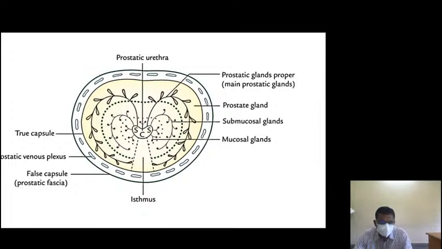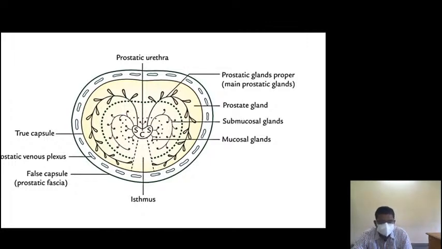That's the reason the surgeons will leave the true capsule and false capsule alone, and they will only try to scoop out the substance of the prostate gland. So this is the importance of this transfer section of the prostate. So this is all. And coming to the venous supply, these veins which are seen in between the true capsule